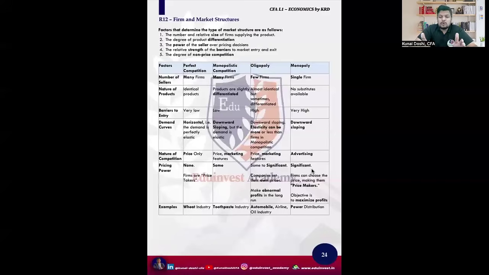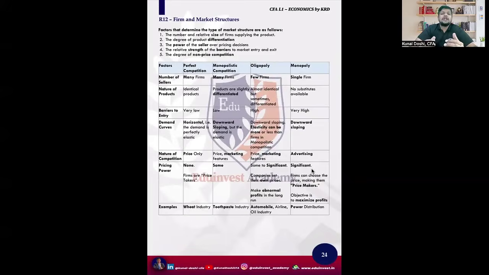I have tried to compress it as much as I can. However, I still realize that it's still lengthy because I had to cover each and every aspect. Do not expect more than 3 or 4 questions from this topic. Maximum 3, I think so. But still, this topic is very important, even though it's the only single topic in microeconomics. Actually, this topic is a combination of 2 topics put together. Initially, there were these 2 topics that they have combined together, and it's a very lengthy topic.